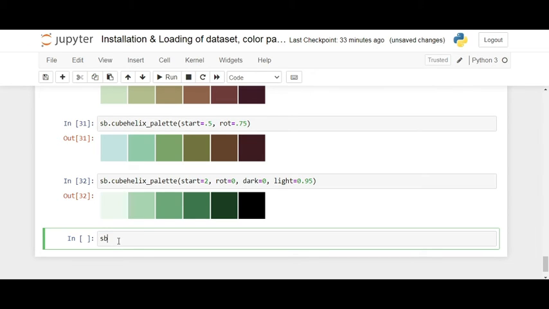I will use it here, sb dot light_palette. Inside the brackets you can give names like sea green, and just check what is going to happen.